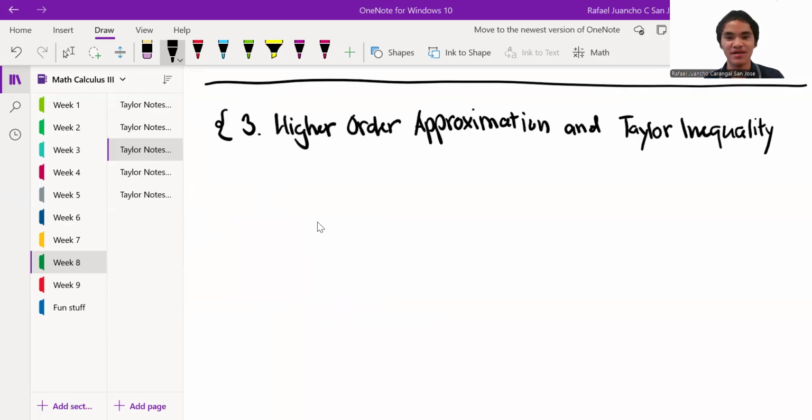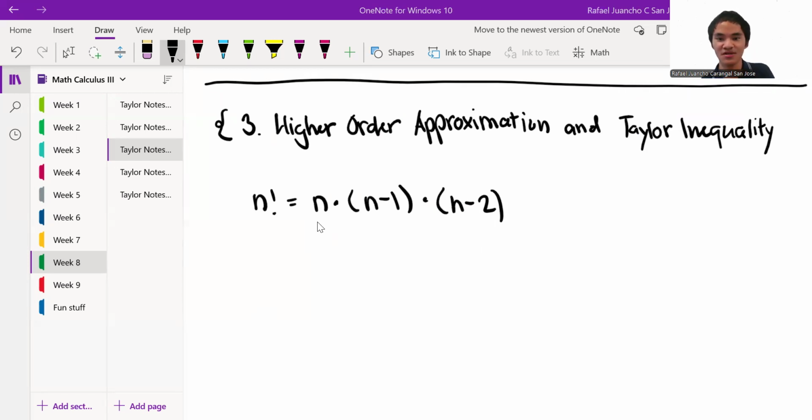Okay, so in this section, we will extend the ideas of the two preceding sections to approximations by higher degree polynomials. So pretty much the ideas are the same. But first, let's introduce some notation to make it easier to describe the results. So let's say we have n factorial. So here we're introducing this idea of n factorial, which is n times n minus 1, n times n minus 2, all the way to 2, 1,